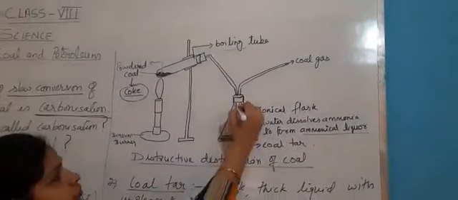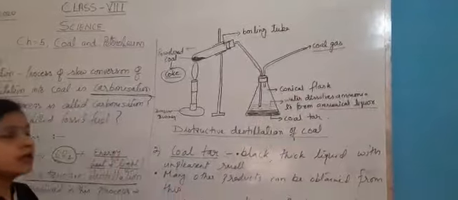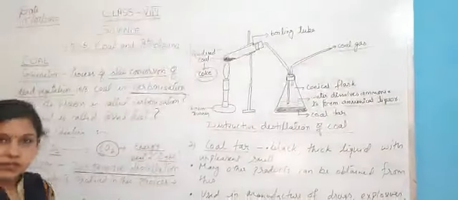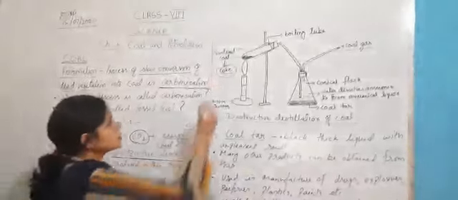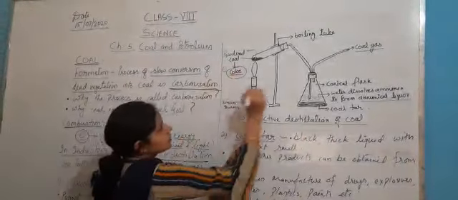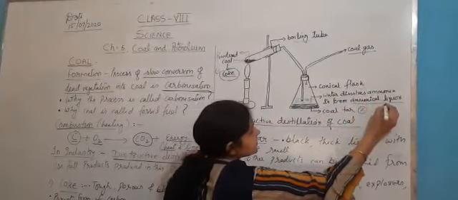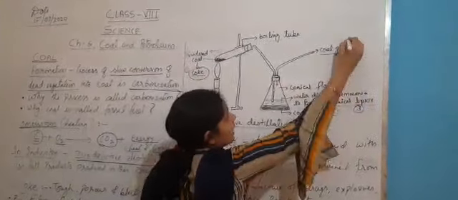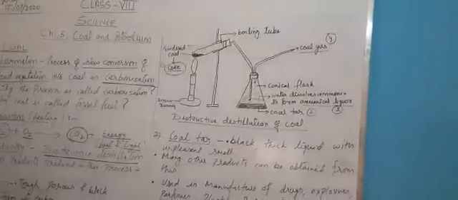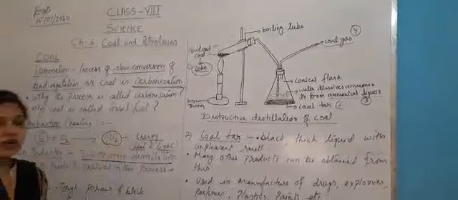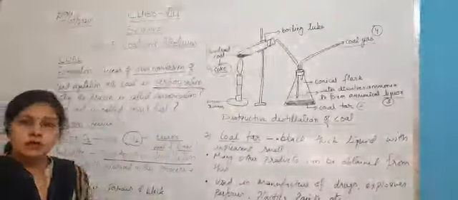Along with this, you can see that another gas is also obtained. This gas is coal gas. So basically, during the destructive distillation, we get some very useful substances. First is the coke, another is the coal tar, another is the ammonical liquor, and the coal gas. Okay, these substances we get during the destructive distillation of coal. Although this diagram is not in your book, you can draw it from here.